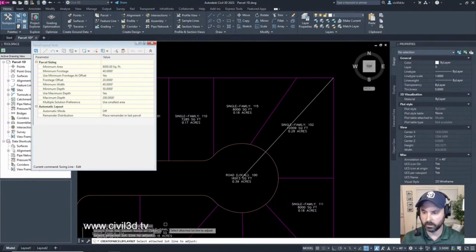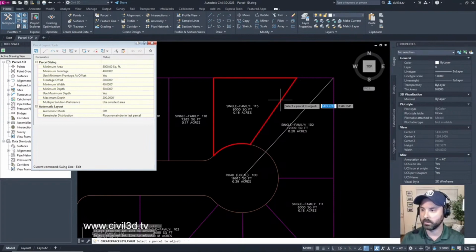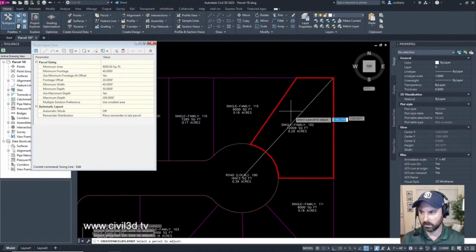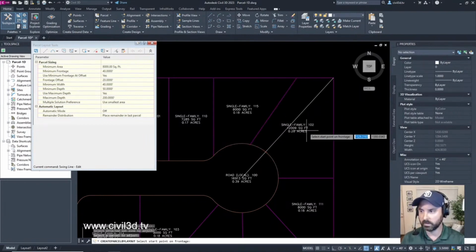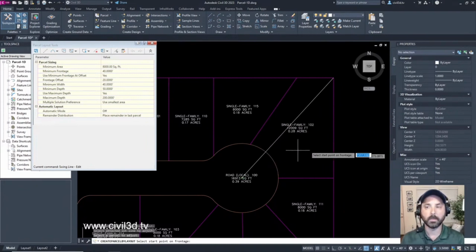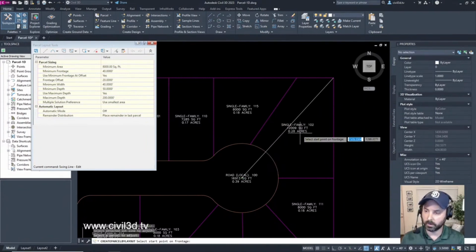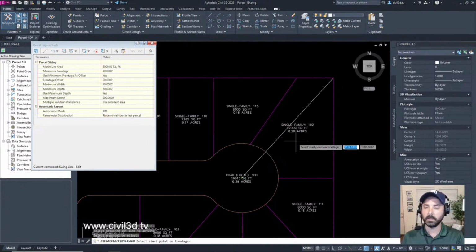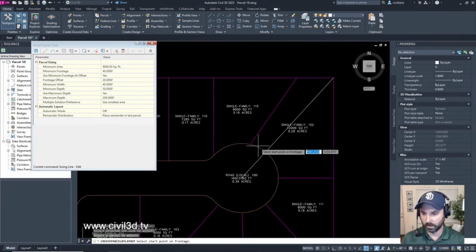It's asking me to select an attached lot line to adjust. I want to adjust this one. Select a parcel to adjust. Let's adjust this parcel. Starting point for the frontage. I wonder if that's what's goofing it up. Because I'm selecting this parcel, maybe Civil 3D is getting confused.